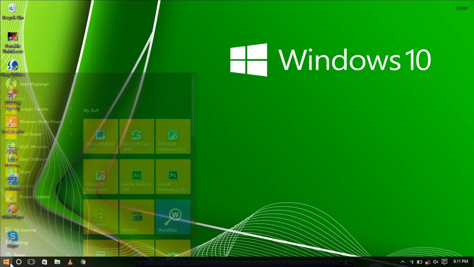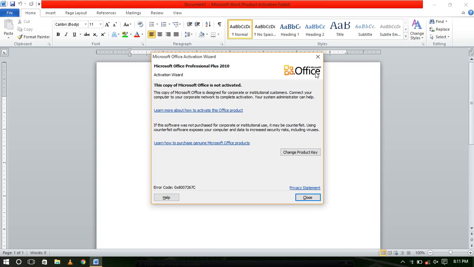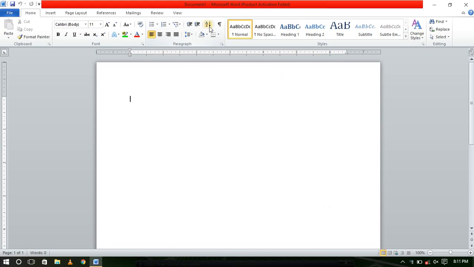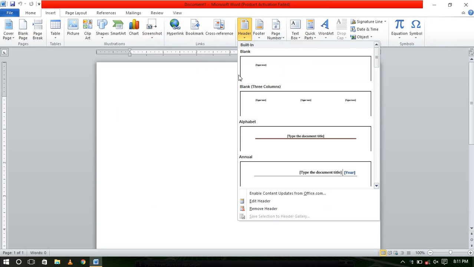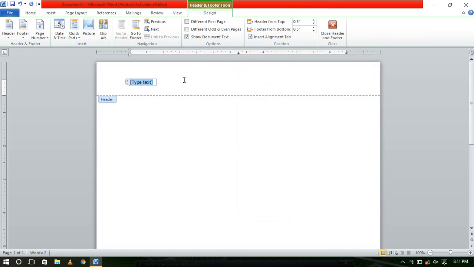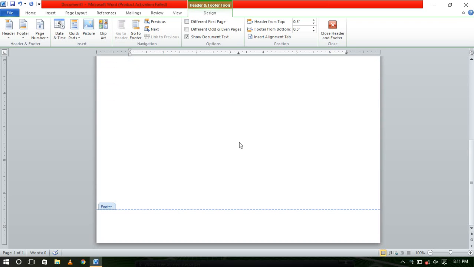You can make your document look professional and polished by utilizing the header and footer sections. The header is a section of the document that appears in the top margin, while the footer is a section of the document that appears in the bottom margin.